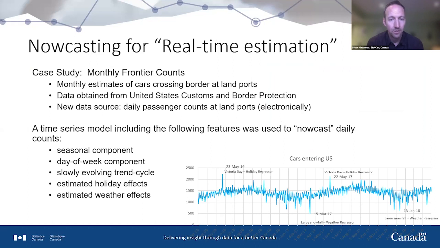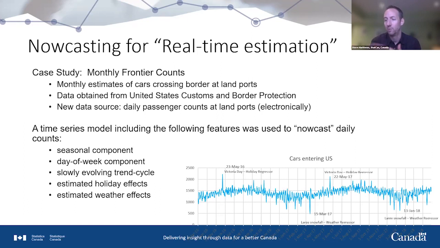So that's the first example I wanted to show. The second one is related to tourism. So we produce on a monthly basis what we call frontier counts, which are counts of cars crossing the border to the United States at different border crossings or land ports. Historically, we've gotten monthly totals from the United States Customs and Border Protection, a similar relationship to the imports and exports, where